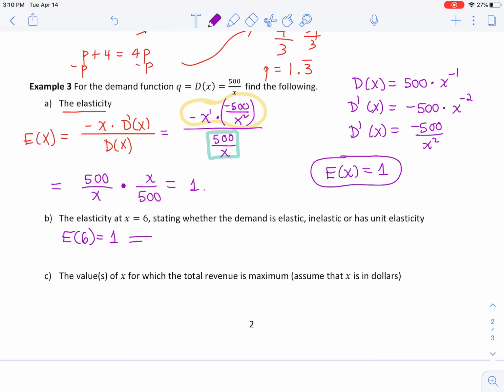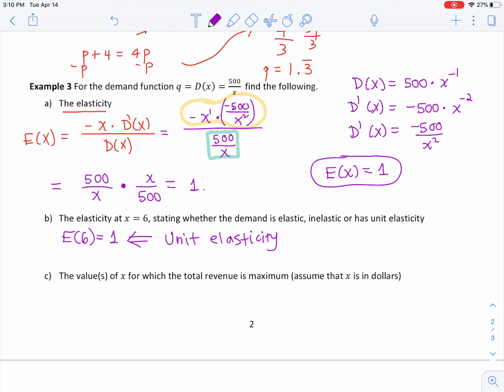So state whether the demand is elastic, inelastic, or has unit elasticity. Well, it already has unit elasticity. If it comes out to be 1, that's what we say. That means the revenue is already maximized. So the value of X for which the total revenue is maximized,